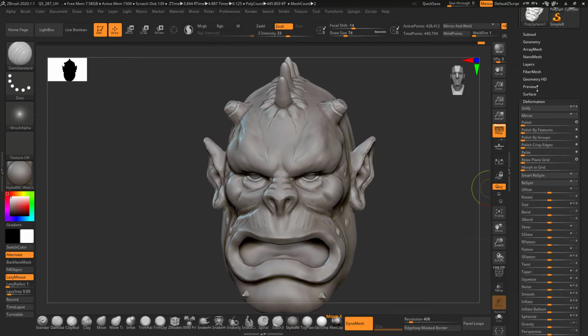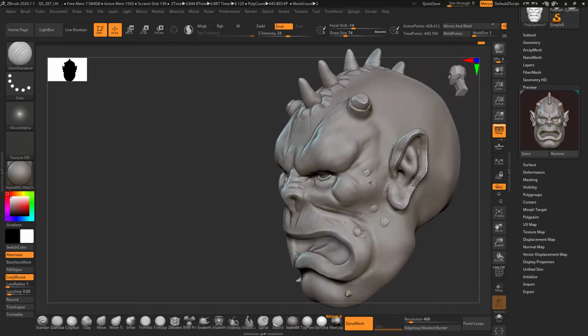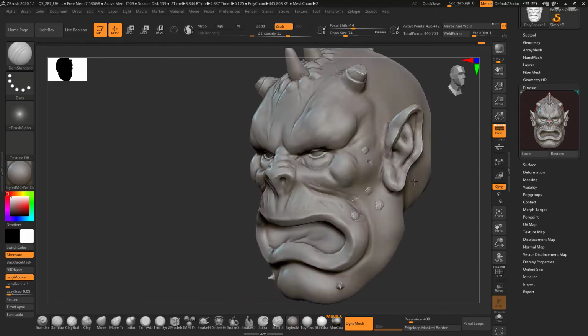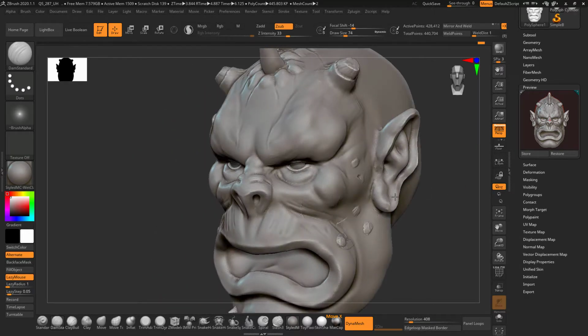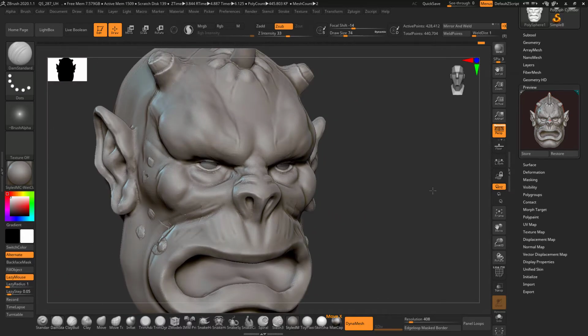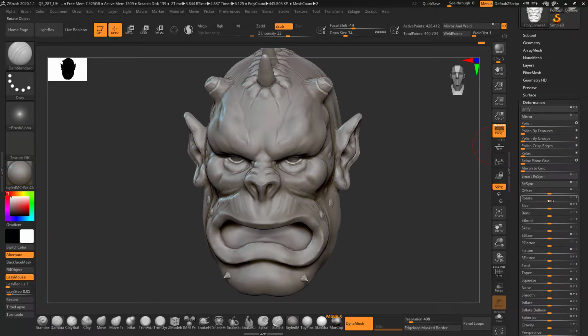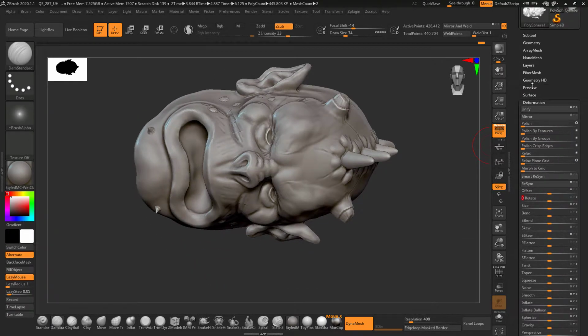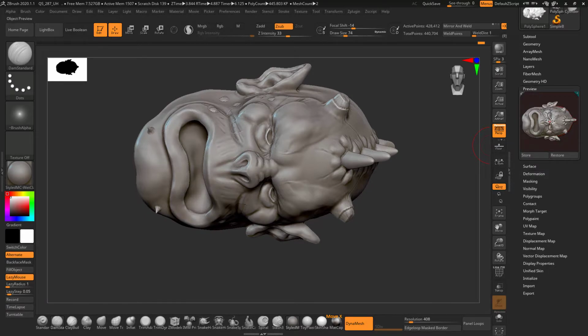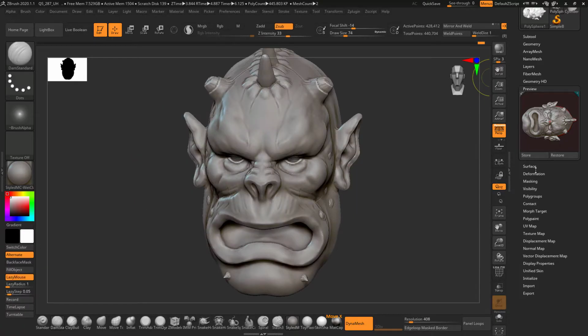To give you the difference between that, when you click on the preview panel and you simply drag on your viewport, you can rotate the model to see all its sides, but its position is not changing. But when I rotate here, and then click on the preview panel, it changes the position of the model also. So that's the basic difference. And now when I want to add any information, my symmetry is also being changed. So this is the basic difference between that. So I will just reset it.